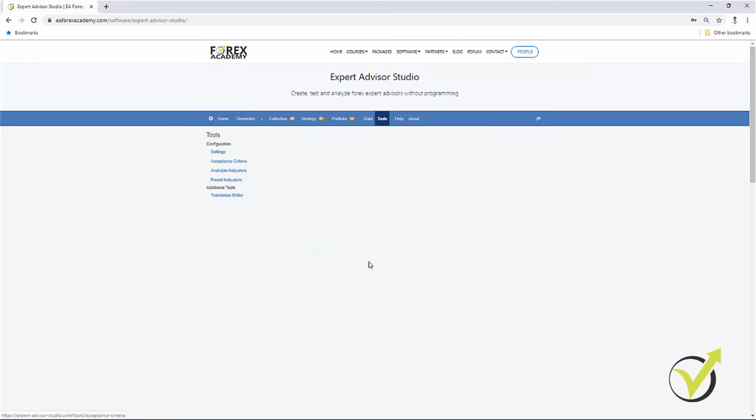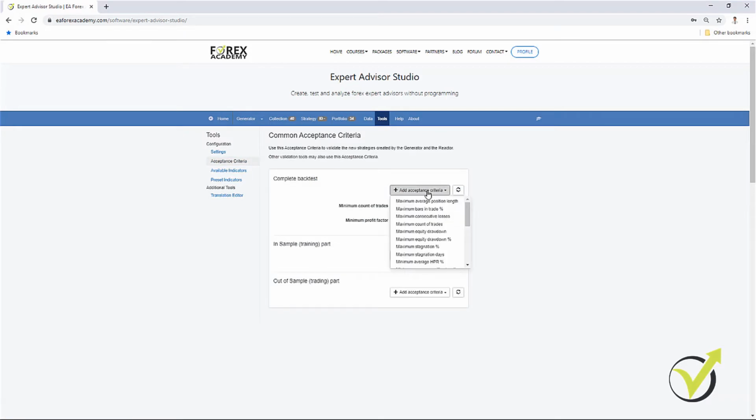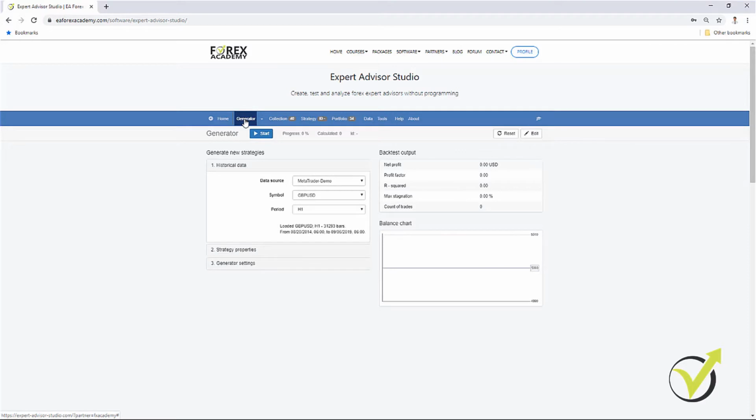And in the acceptance criteria, we have different options. For example, minimum net profit, which is the total profits divided by the total losses. Okay, and here we have 1.2. Now, if I run the generator this way, it will generate strategies over this historical data, which you can